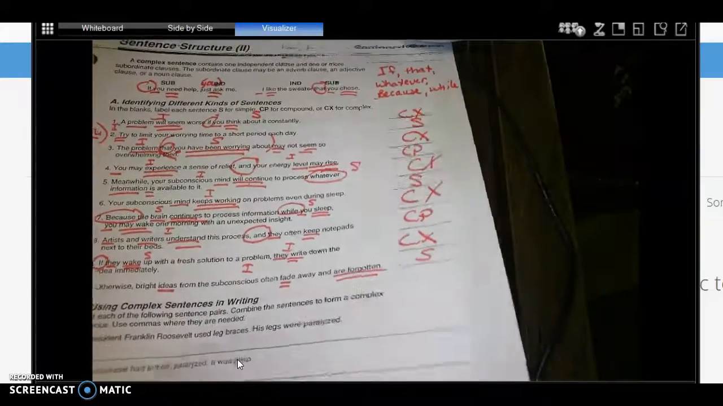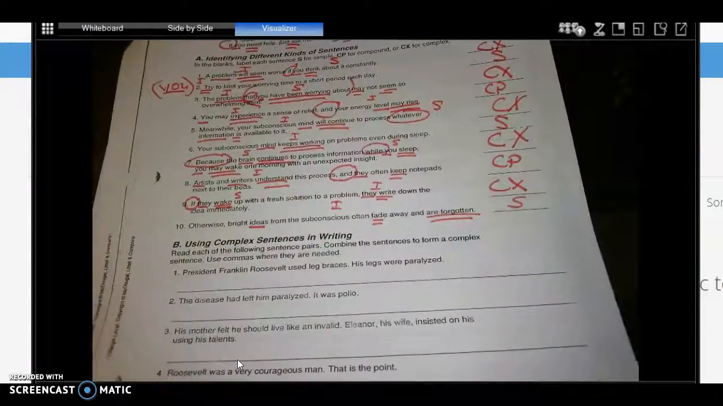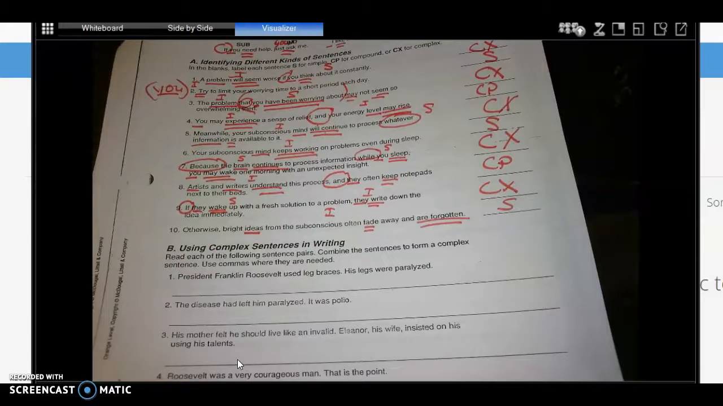All right, on section B here, we're going to combine these sentences to create a complex sentence. We're going to take two simple sentences, and hopefully you've reached the point in your writing where you're doing this. You're taking some sentences and making them longer. Okay, so we're going to take these two pairs and combine them to form a complex sentence, and we need